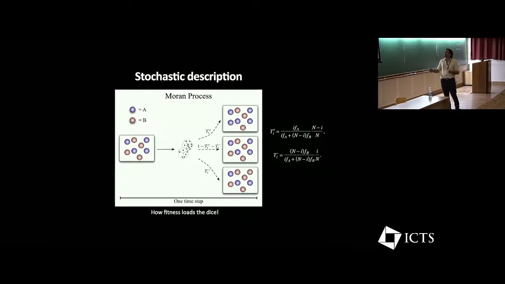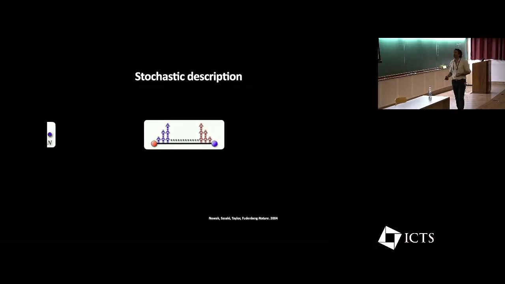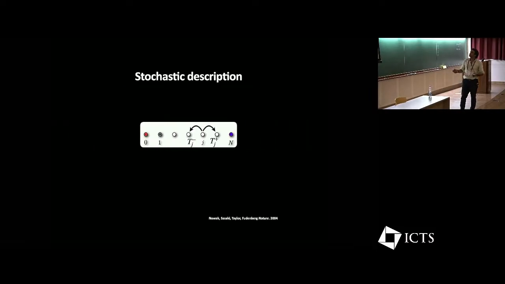So if we didn't have the fitnesses over here, this would just be a process in which you flip back and forth. That would be a random draw of your dice. But because we have the fitness, it actually loads the dice, because in a certain manner, maybe the fitnesses are different, right, as we saw. And because of that, your transition probabilities are not perfectly balanced. If they were perfectly balanced, we actually get rid of the deterministic description, we move along this line, and in case of